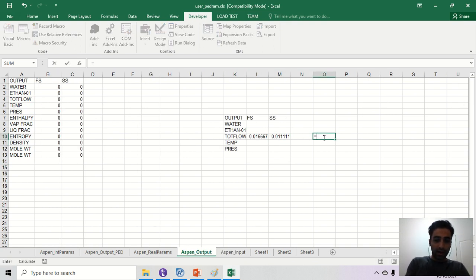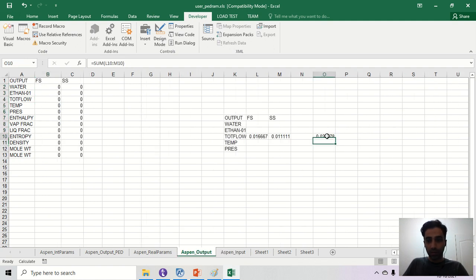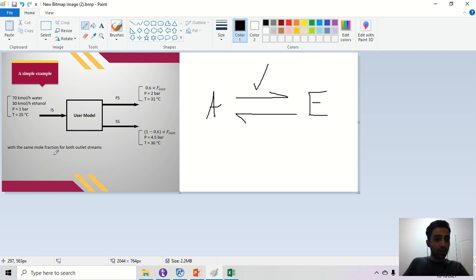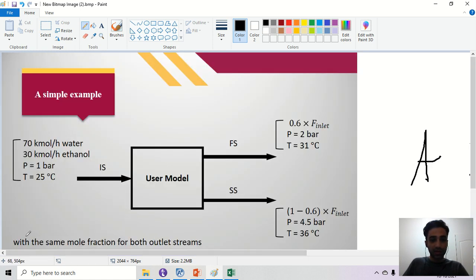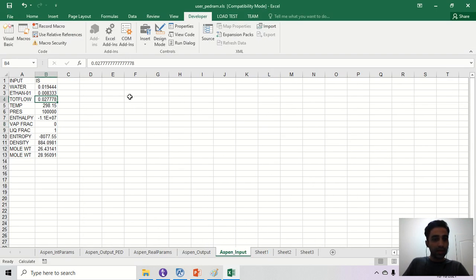If I say that the summation of these two cells must be exactly equal to this cell, it is. So we are doing it correctly. So what is the molar flow of water? Like I said, the mole fraction of output streams is exactly equal to inlet streams. So what is the mole fraction of water and ethanol? It is equal to this cell on the total flow,